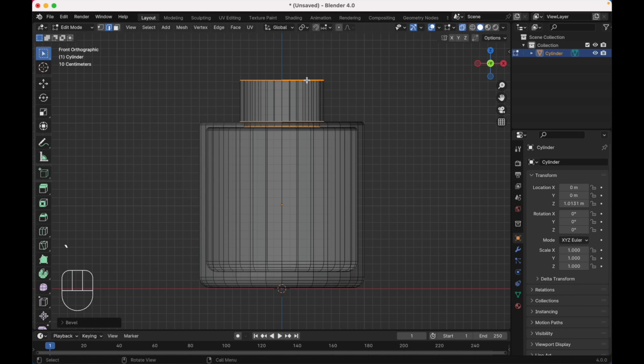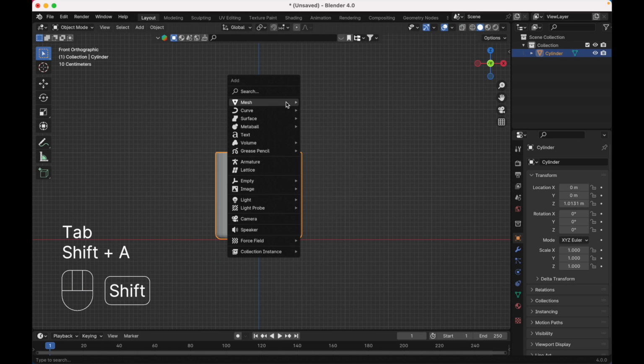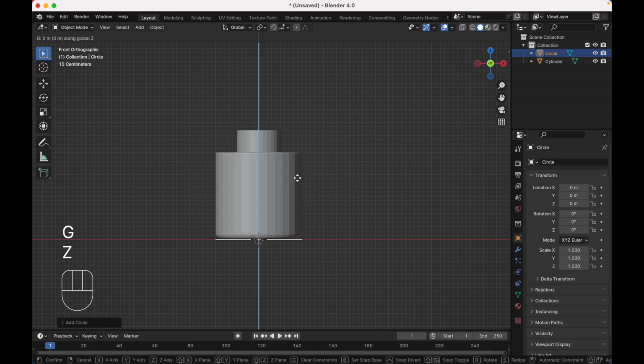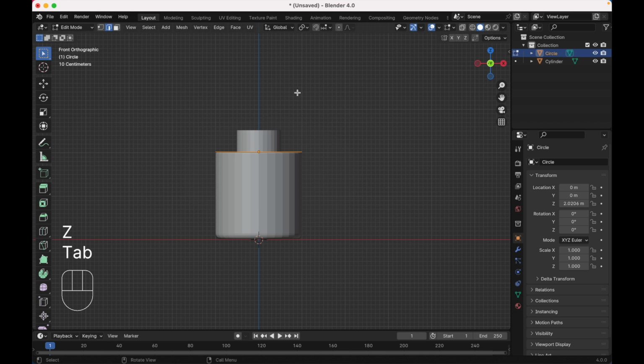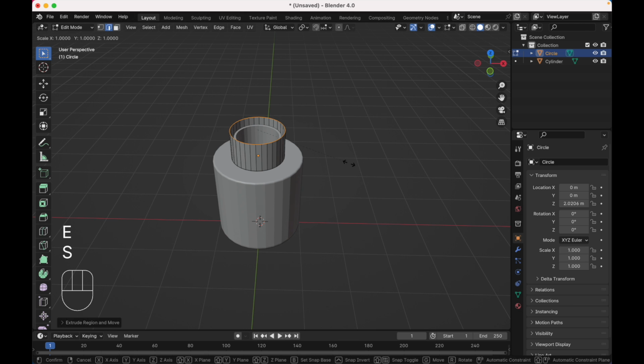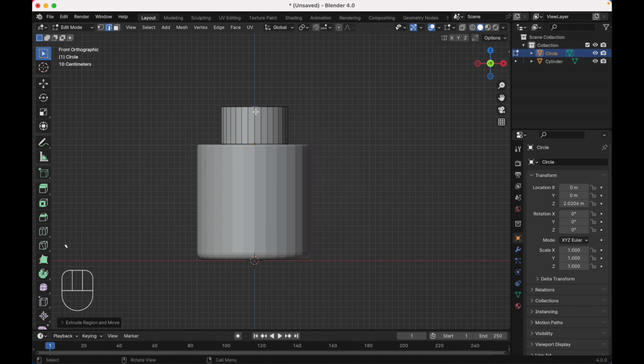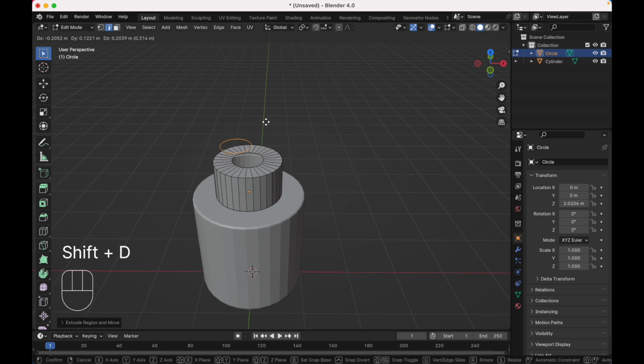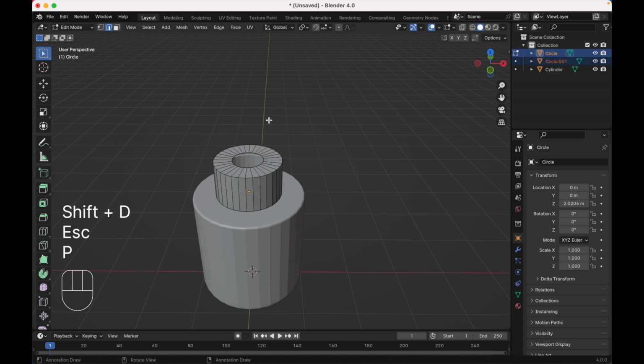Okay, it's just a simple model. Back to the object mode and press Shift A, mesh, add a circle, G Z, move it up here, tab to the edit mode, S to scale it down like this, press E Z, extrude on the Z axis like this, press E to extrude, S to scale it just like this, and Shift D to duplicate it, press P, selection to